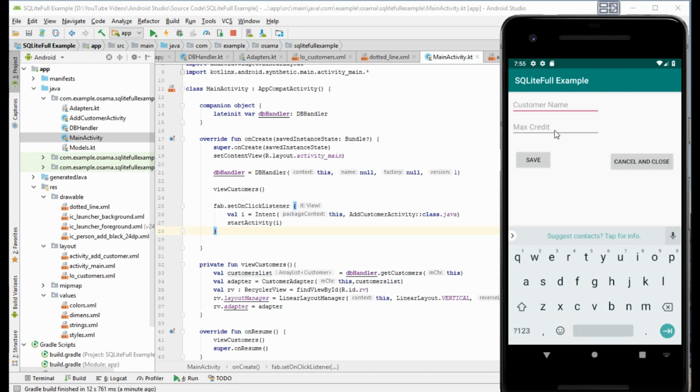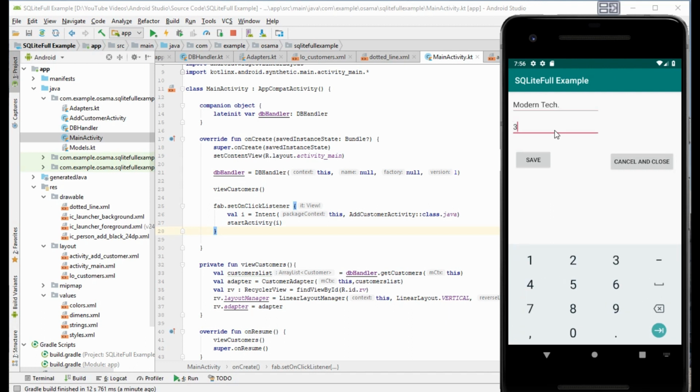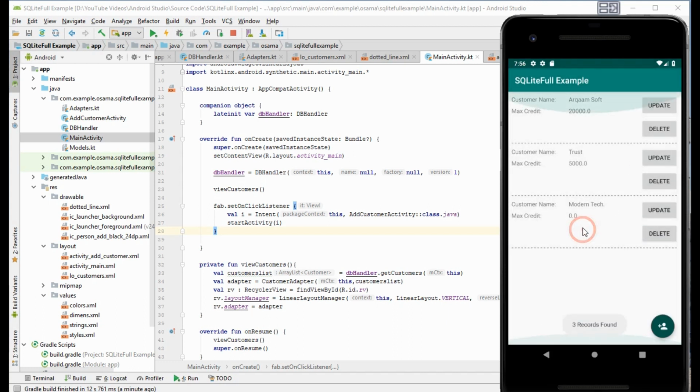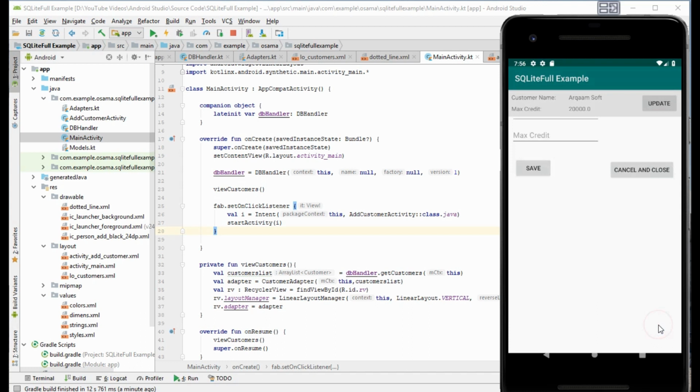Then Modern Tech, max credit. Okay, now we will leave it empty and save it. It saved a zero value. Must cancel and close. Perfect, we fill the recycler view. This is the name and this is the value, zero.